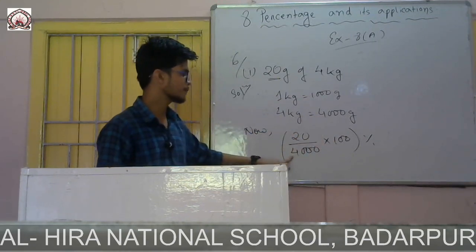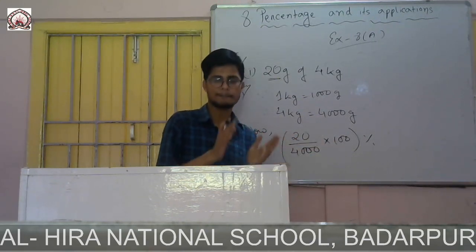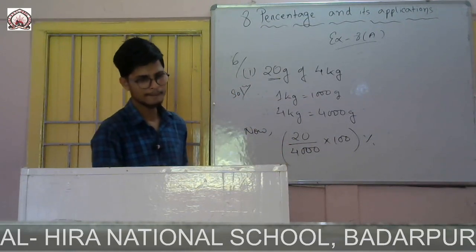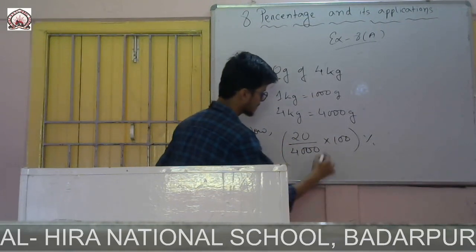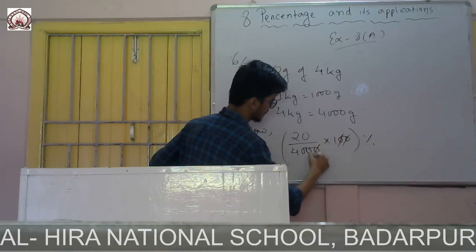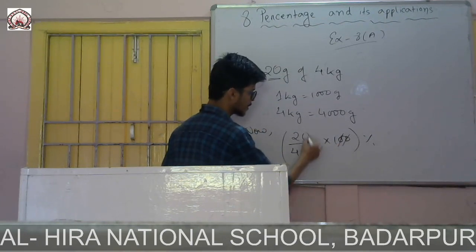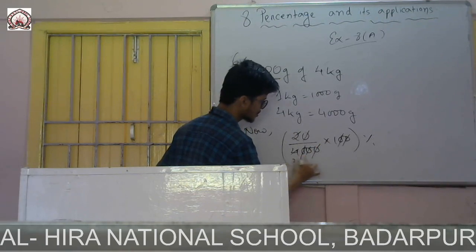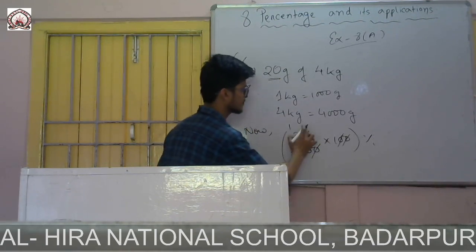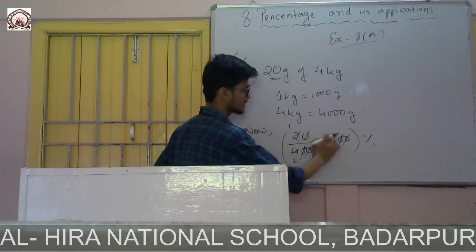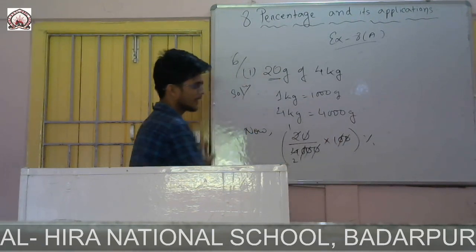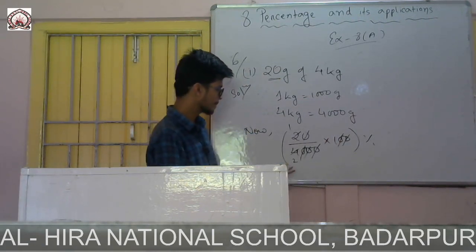So I will divide it by 4000, and since I am taking the percentage, I will multiply it by 100. So if I cancel, you see, there are 2 zeros, there are 2 zeros, I can cancel. 1 zero left, there is 1 zero, and 2 2s are 4. That means there is 1 left, there is nothing, you see. 2 also cancel, zero, everything cancels, only 1 left, and in the lower portion only 2 left.